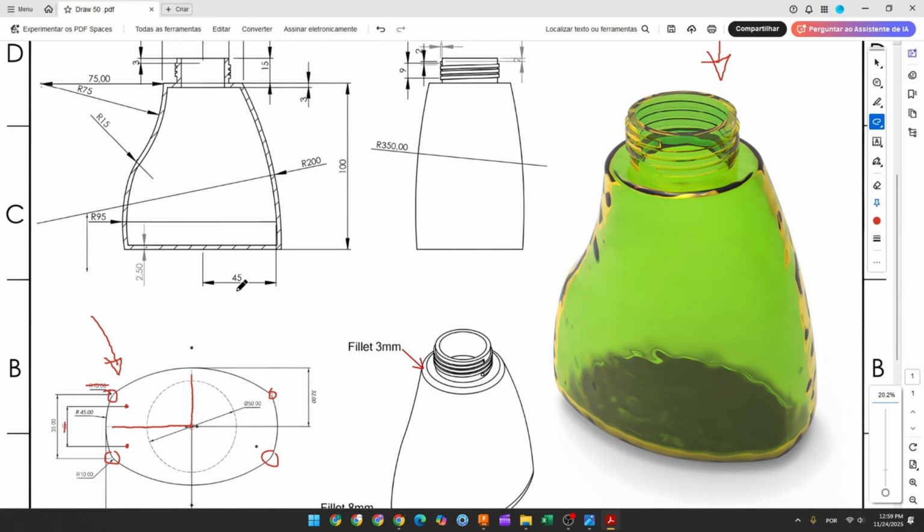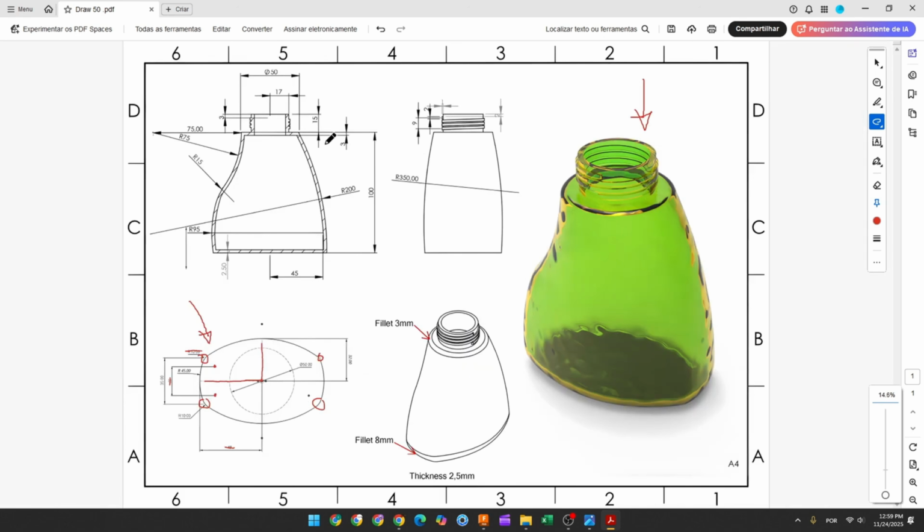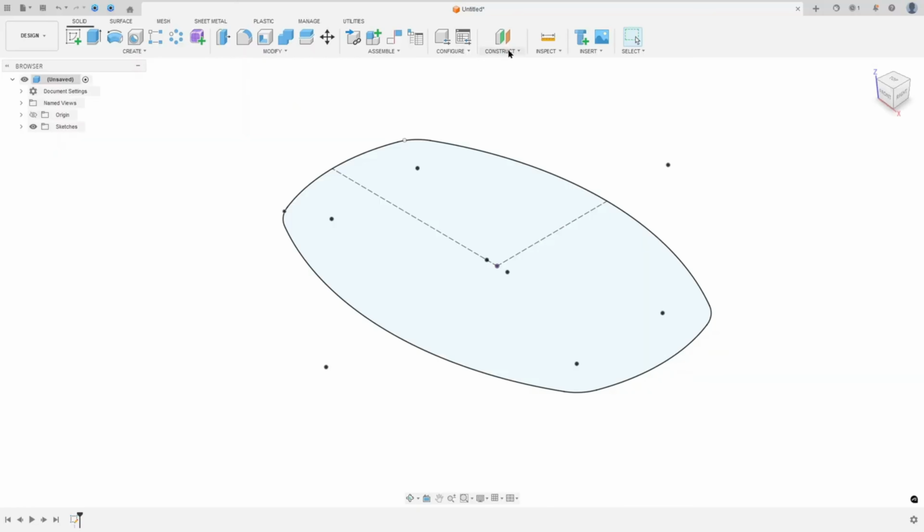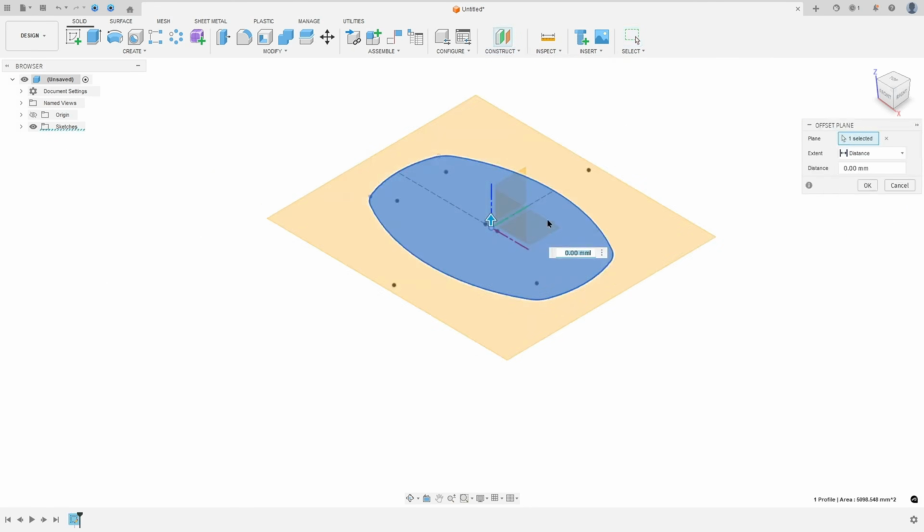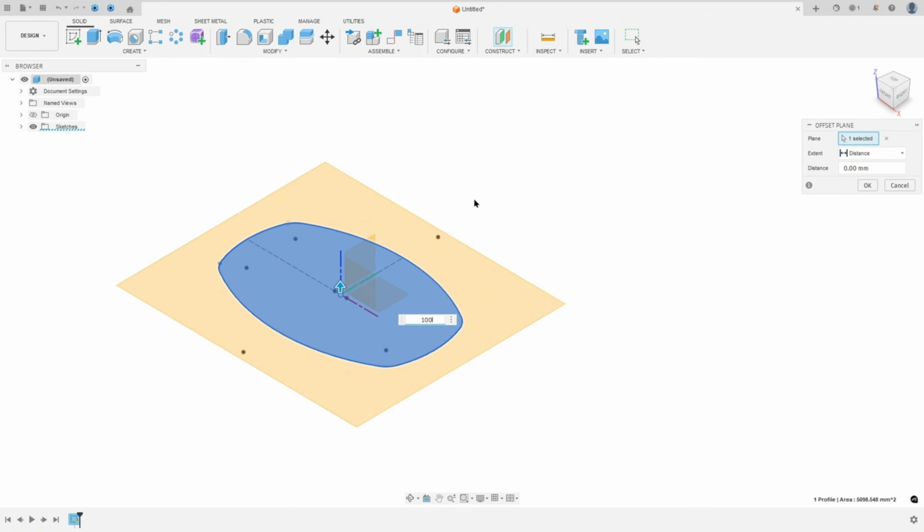Now we will create a plane, a new plane with offset of 100 millimeters. We'll create this plane here. Okay, and in this plane we'll make this circle with 50 millimeters of diameter in the center. So let's create this. So go to construct, select the offset plane, select the top plane here, the distance 100